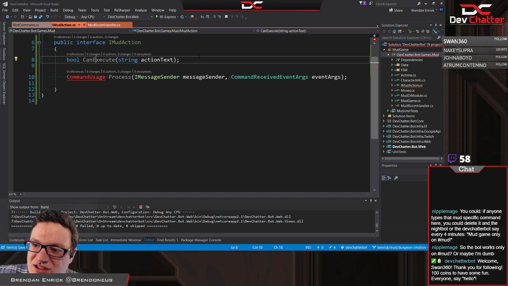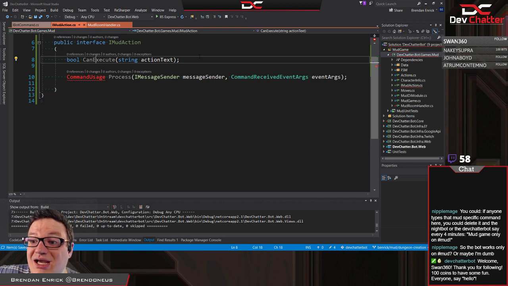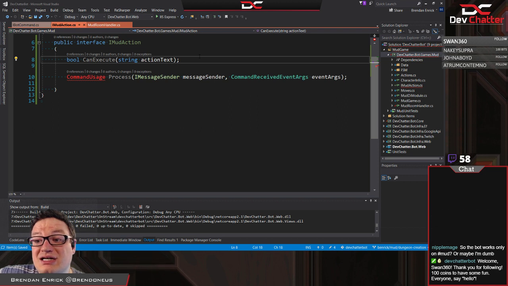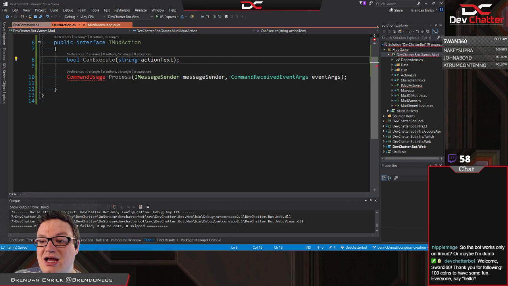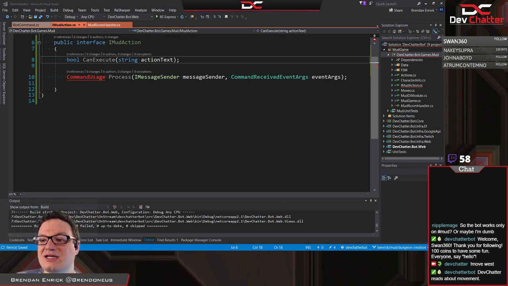So Mage, if anyone types the MUD specific command here, you could delete it. What we're going to do is, these are not going to be commands. Remember I told you that right now you have to say things like exclamation point move west, but inside the MUD room, it's not going to work that way.